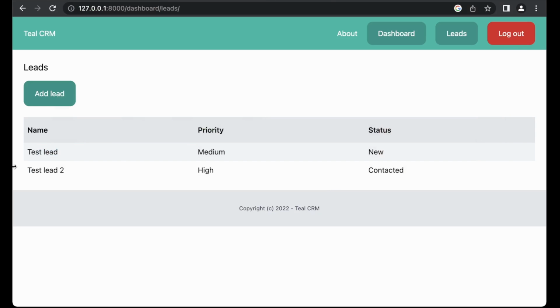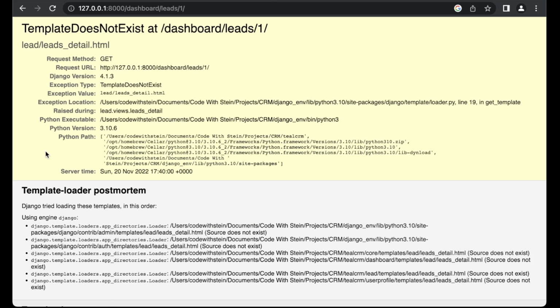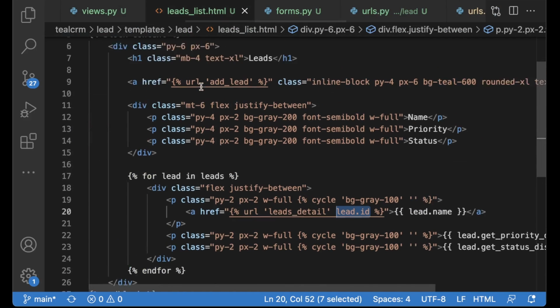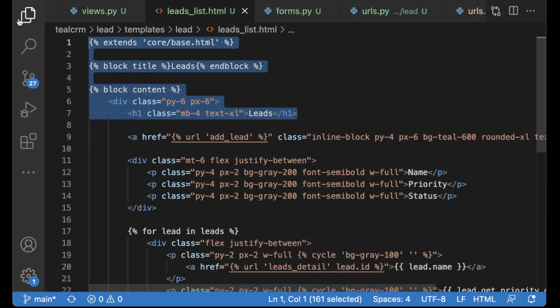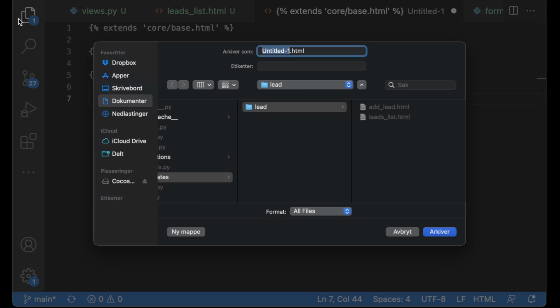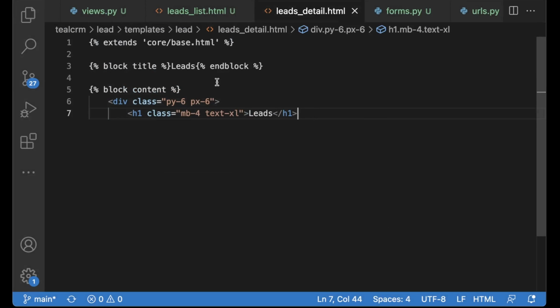So if I refresh now, I should be able to click this, and then I was sent to here, leads/1, and then I get the template does not exist error. So let's create that template. So just go here, make a copy of this, create a new file, and save it as leads_detail.html.